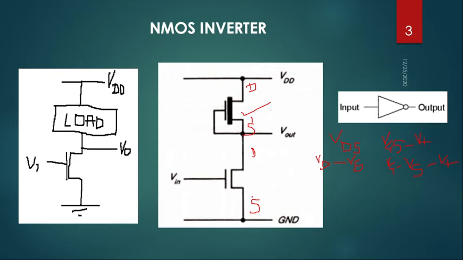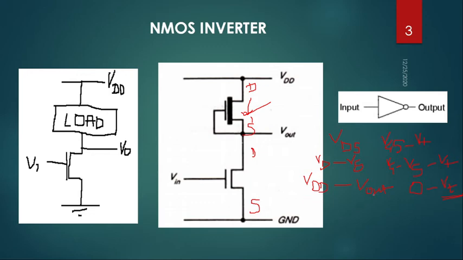This is written this way because this is an NMOS, and in NMOS the current flows from drain to source. So the drain terminal voltage is VDD minus the source terminal voltage, which is Vout. It should be compared with VGS, that is VG minus VS. For the depletion load, the gate and source are shorted together, therefore there is no change in the voltage, minus VT, and VT will be some positive value.